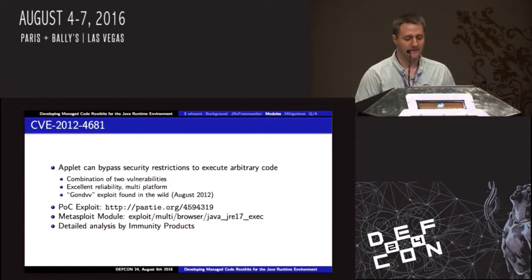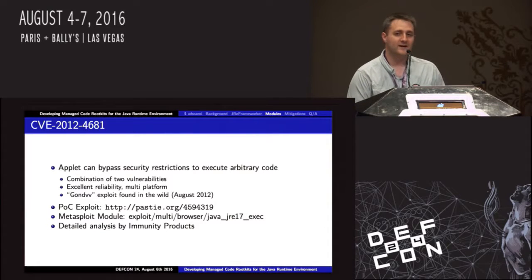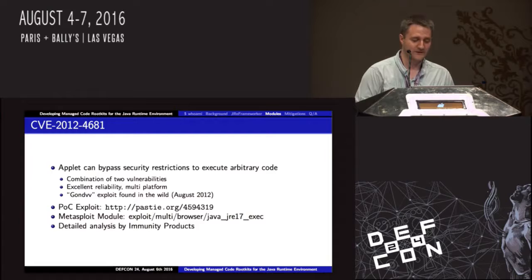So this one was really popular. There was a Metasploit module. It worked on basically every platform. The original bug was in Oracle itself, so people like Apple copied it into their runtimes, and it was exploited in the wild, and people were having all sorts of fun with this. And I think that's probably one of the reasons Chrome doesn't ever let you run an applet anymore. But so we have an existing exploit for this,